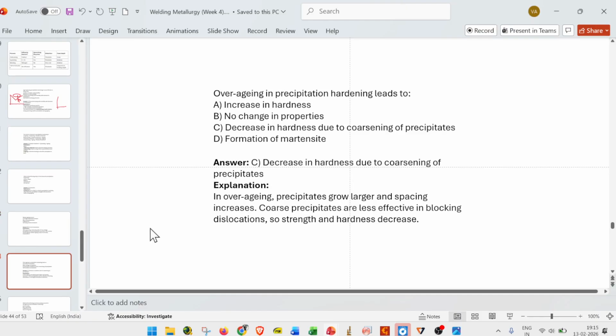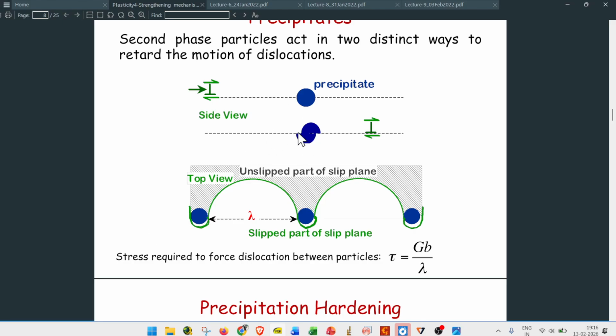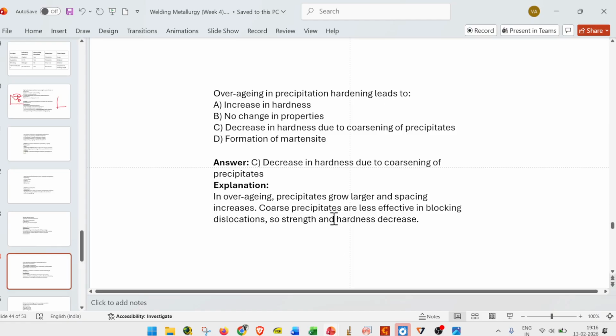Next, overaging in precipitation hardening leads to what? If the overaging is more, then the precipitates will become coarser. If they are coarser, then they will not act as much of an obstacle for the dislocations. Instead, the dislocations will slip through, bypassing the precipitates. The spacing increases, the coarser particles are less effective in blocking the dislocations,